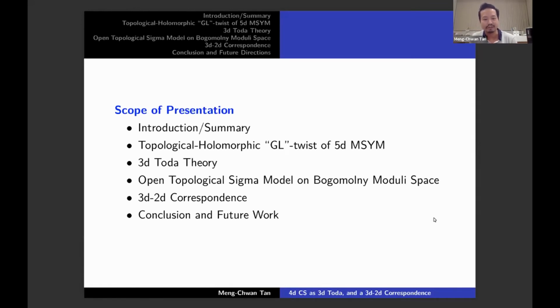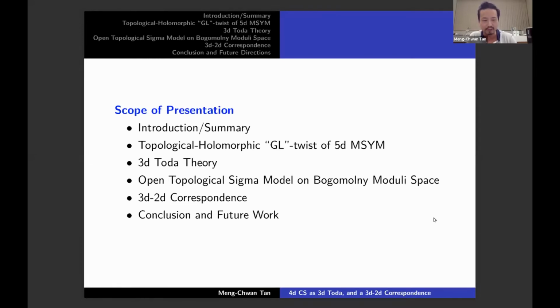theories in high dimensions that have a mixed twist. And as you go down in dimensions, the twist starts to get more topological in more directions. So in this particular example in 5 dimensions, we have 3 dimensions which are topological, 2 dimensions which are holomorphic. And essentially when it's holomorphic in those 2 directions, the observables and computations we're interested in do not depend on the Kähler structure of those 2 directions, and so we could rescale them. If you go down 1 dimension, it becomes purely topological in 4 directions. So I've said a bit about this, but we'll see a bit more when we get to the main body